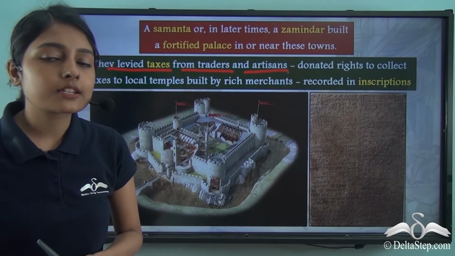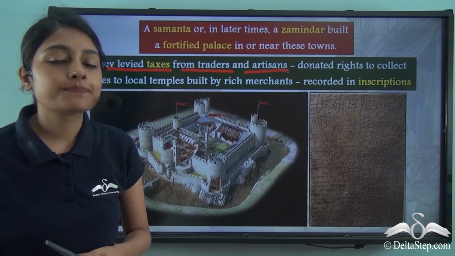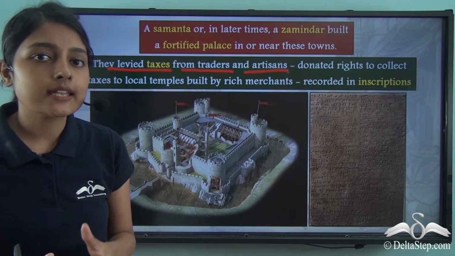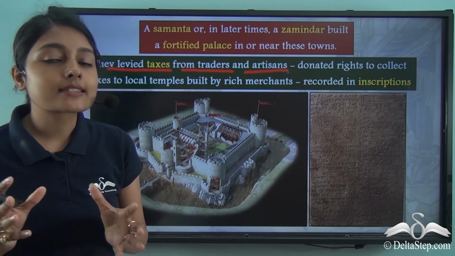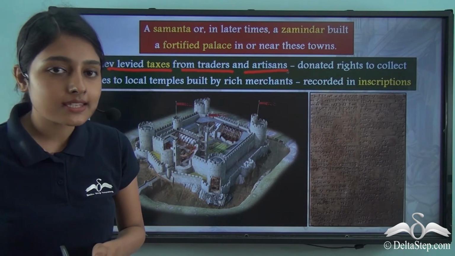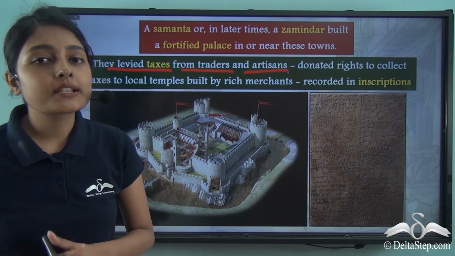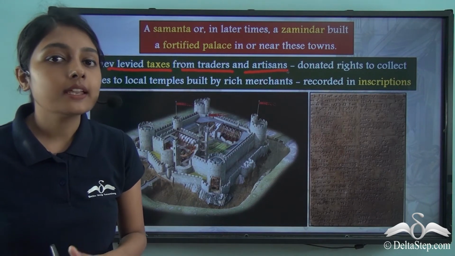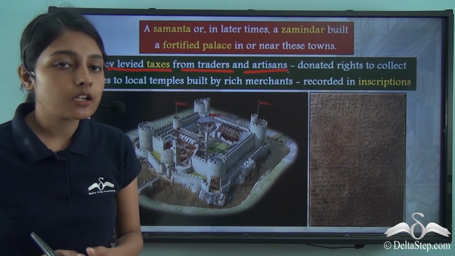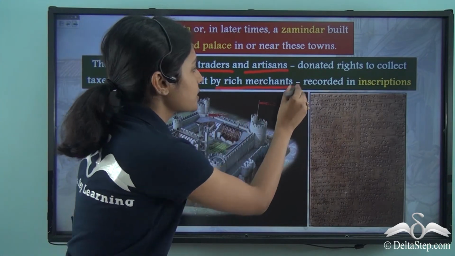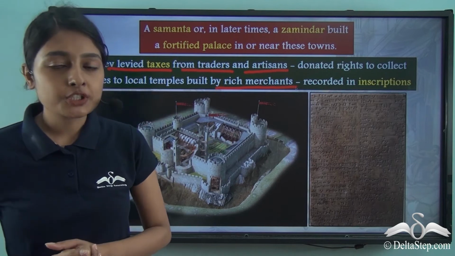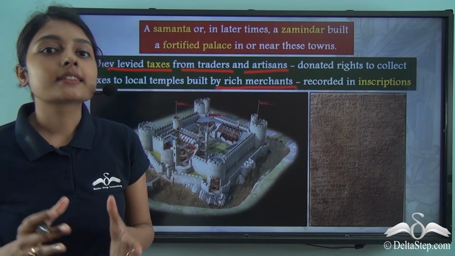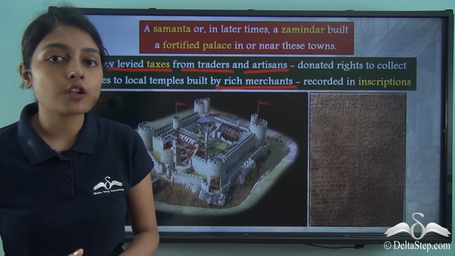Now another thing that we have to keep in mind is that inside these small towns, many temples were constructed, and these temples were the nucleus of the settlement. Now the temples were mostly constructed by the kings, the nobility or rich merchants. Now when these temples were built by the wealthy merchants or the kings, these temples then became the center of